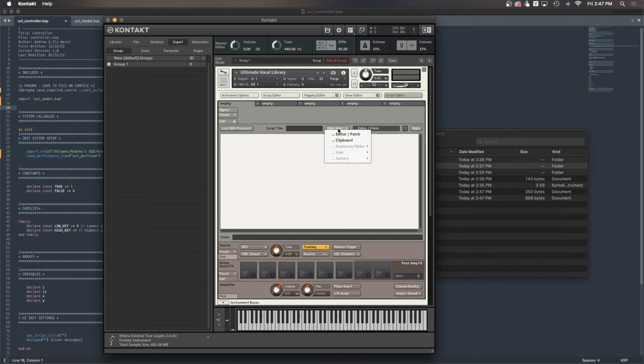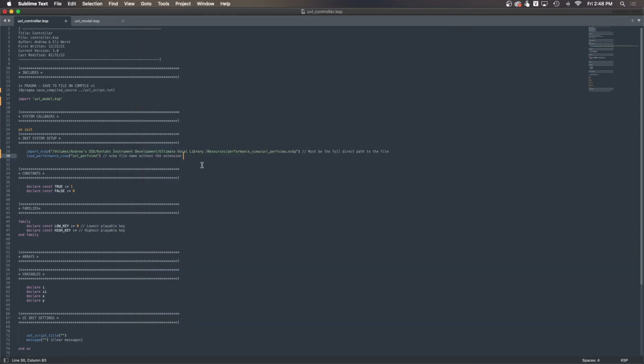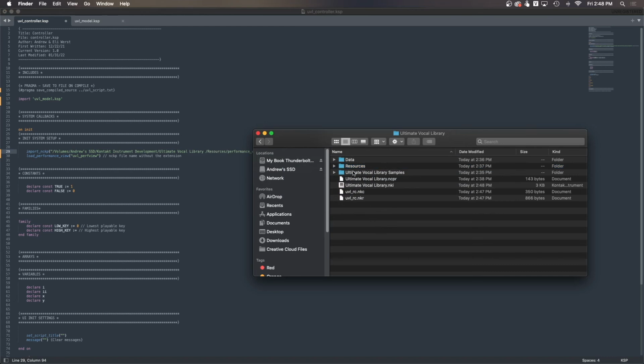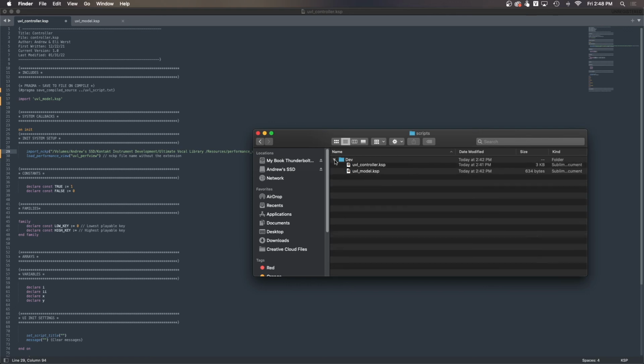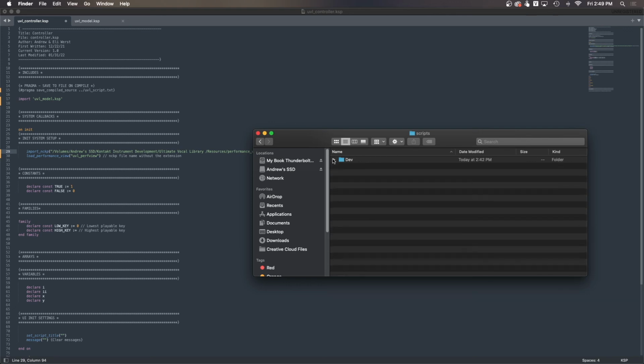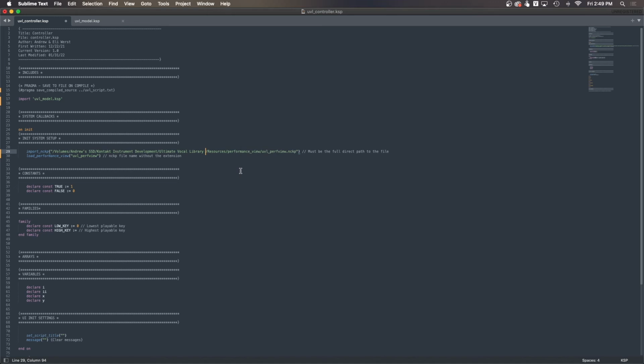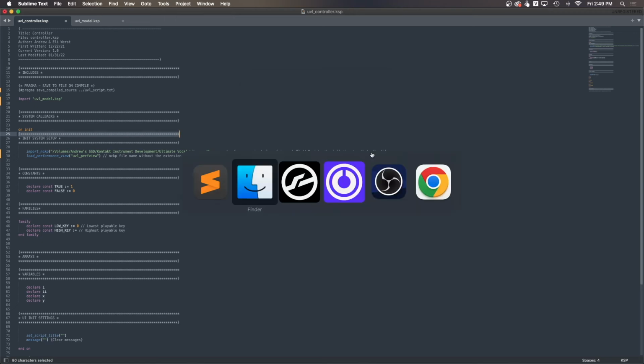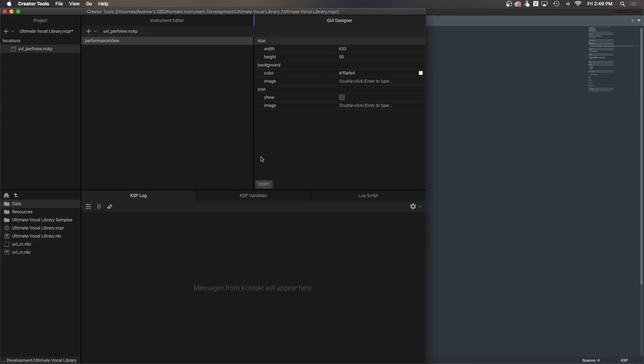And now if we hit this apply from button, all right, so I'm back in Sublime Text. I ran into a couple issues here. I want to make sure that one, there is a text file in the resources scripts folder. So right now we only have our development folder with our Sublime Text files, but Kontakt can't read those. We need the .txt file to go in here. But the problem is that when we try to compile in Sublime Text, it says no controls to import from the .nckp file. So one of the things that we're going to go ahead and do is open Creator Tools,